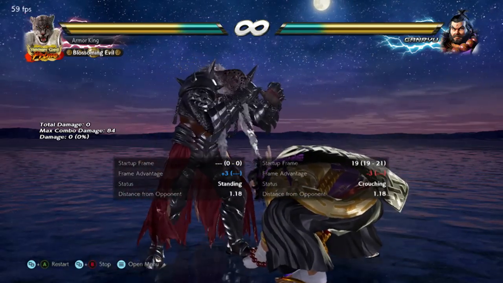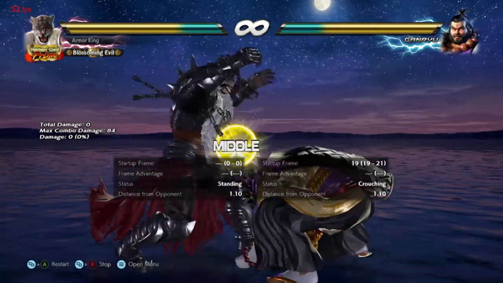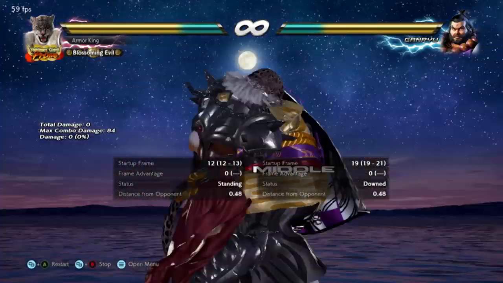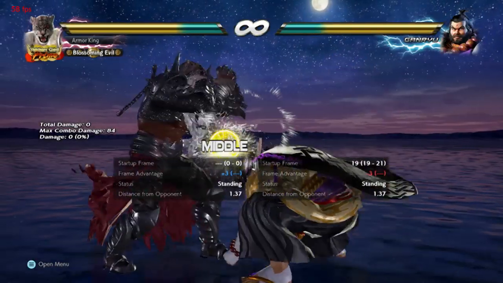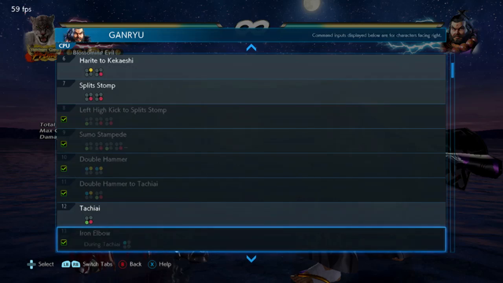That's his 1+2 into sumo stance. You are +3, so if you're gonna go for a crouch throw, that's what you're gonna want to go for. You can either go for a ground throw, or you can go for just a normal throw. He's going to test you out, so you can either do that, or you can do down forward 1, which will probably challenge his